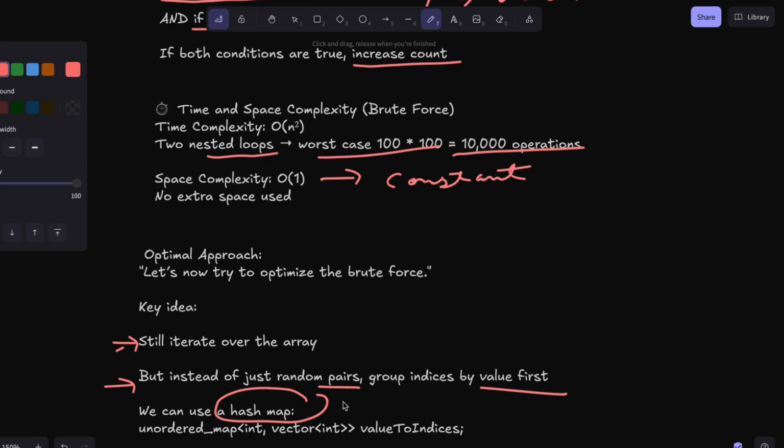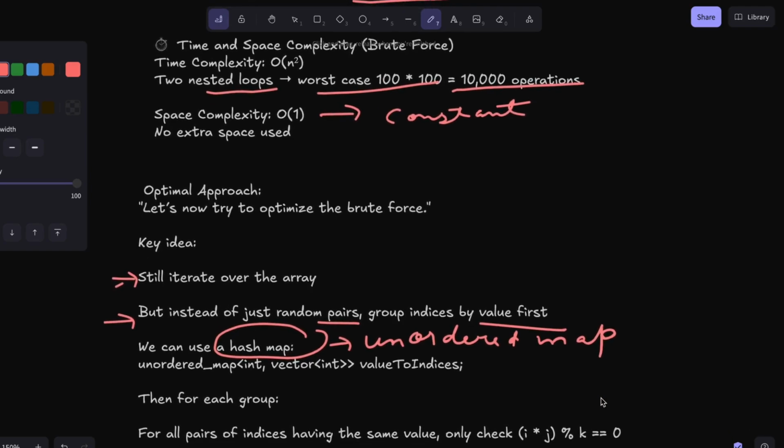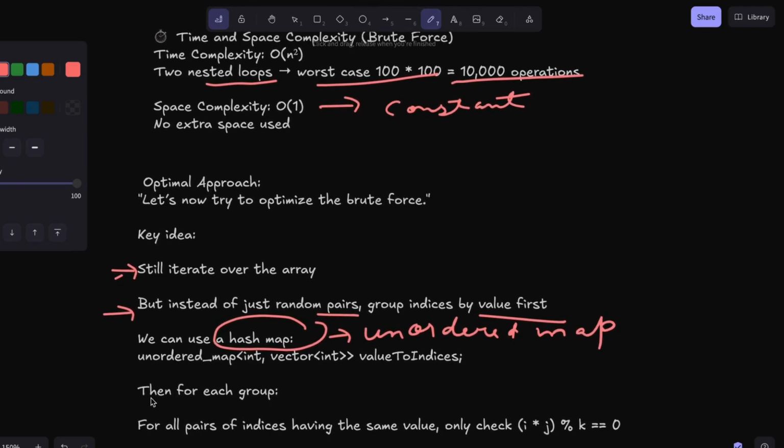We can also say we will be doing this with the help of an unordered map in C++. No worries, for other languages you can implement it too, you can just use hash maps. I have written the syntax of how we will declare it, it's up to you. Then afterwards, the main thing is, for each group what we will do is